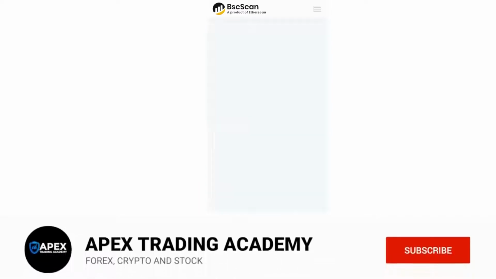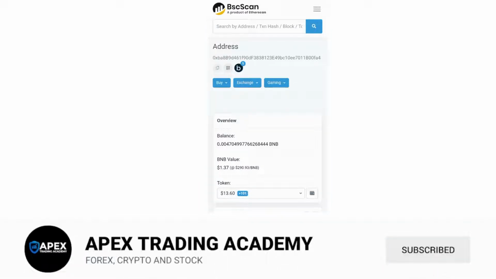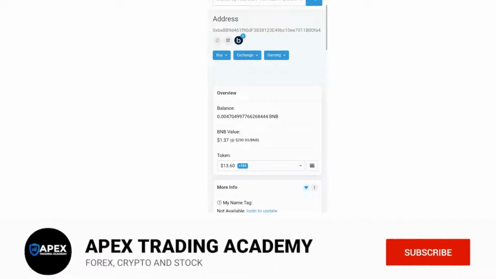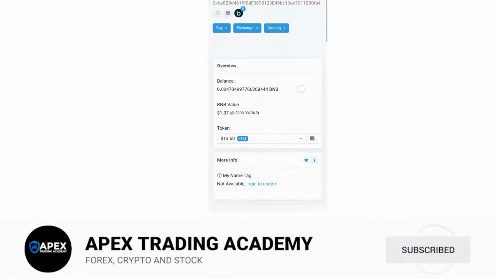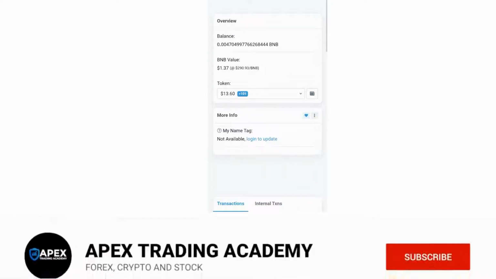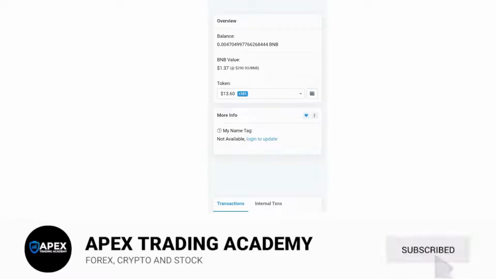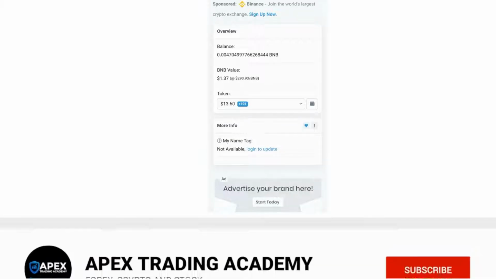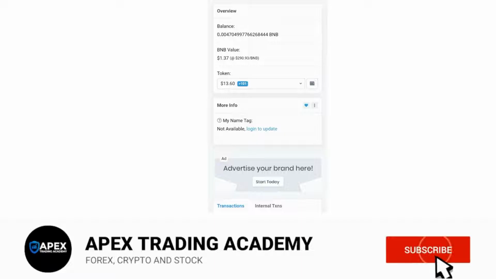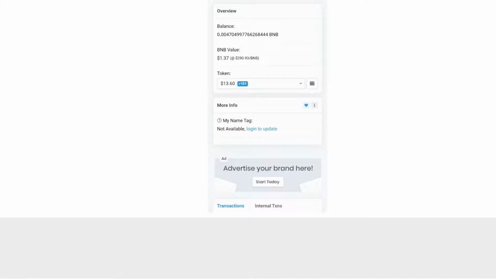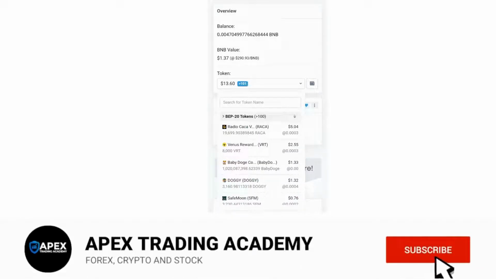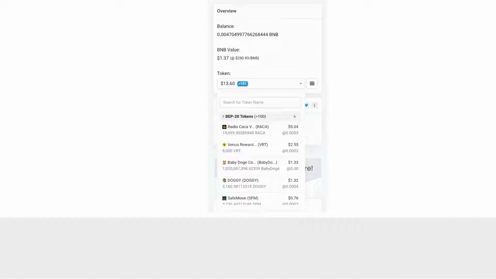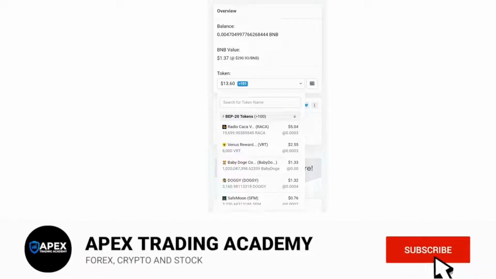Once I click search, it will open up. I scroll down. Under this place they wrote token. You will see a drop down arrow. You tap it. This drop down arrow will show me all the tokens that I have that are under